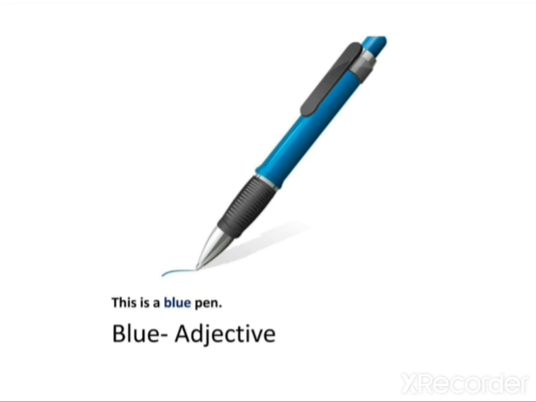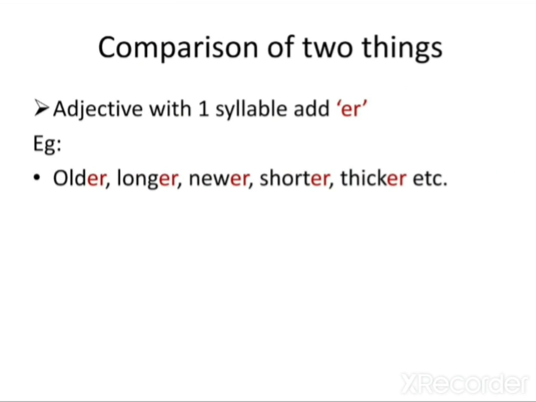When an adjective is one syllable or one beat, such as these, we add er to it when we want to use it to compare. So let's look at an example of this, okay? Because it's sort of difficult to understand unless you actually see what I am talking about.